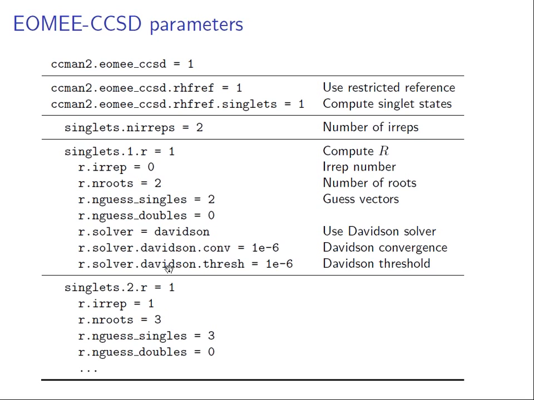Right, and so the same idea for the second irreducible representation, except for the second one we ask for 3 states. And you'll notice that the structure of this R subtree is the same for the first and second rep, which means that, by setting up this hierarchy, suppose we have a function or a class that solves for R amplitudes in EOM-EE. What we can do is simply pass to it this subtree that starts with R, and then that class will not even know or care about where it was called from